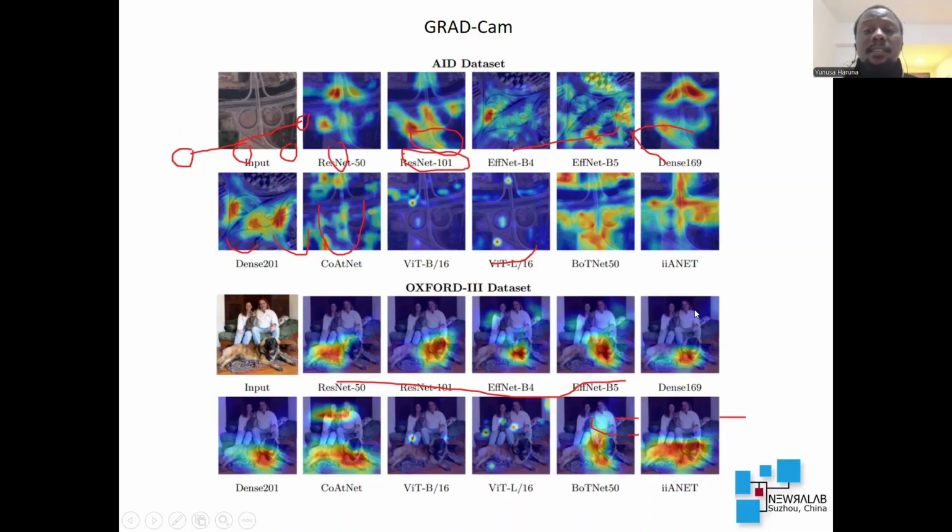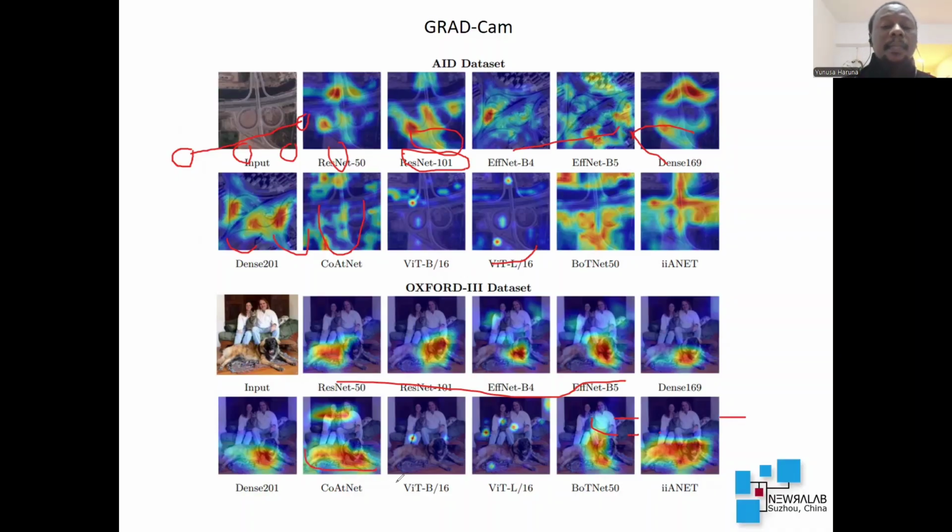Based on our result, iiANET achieves a competitive result. Here we also used the Oxford dataset, and you can see iiANET extends the full width of the object of interest. You can also see CoordNet extends over this object of interest,